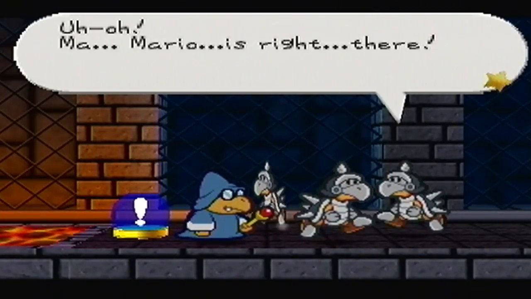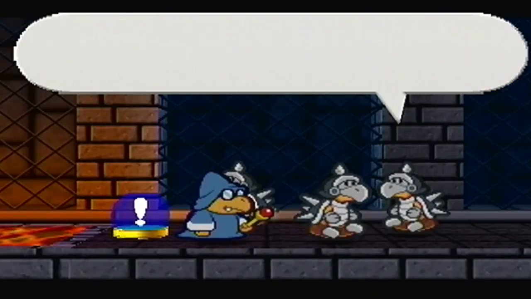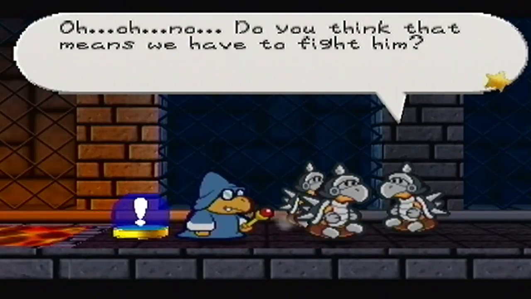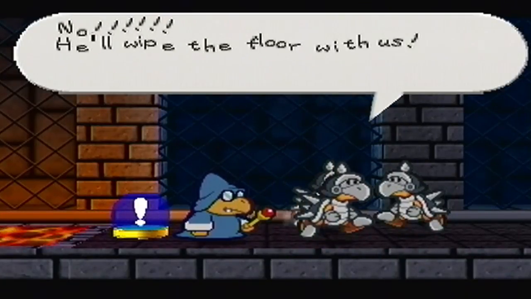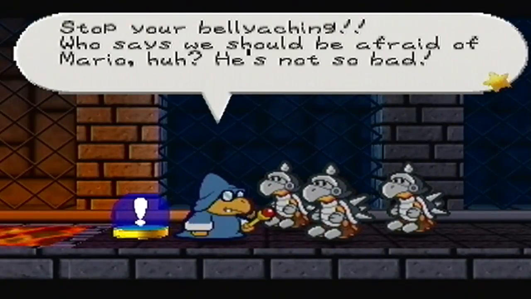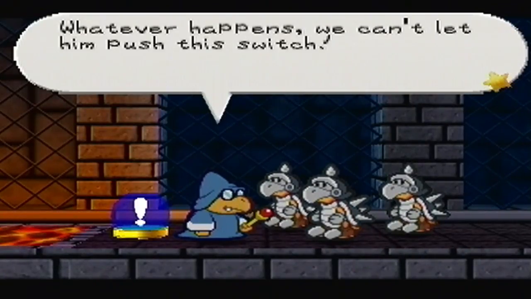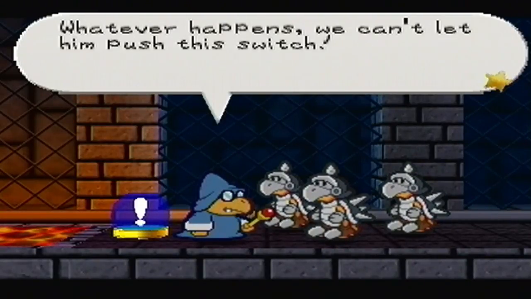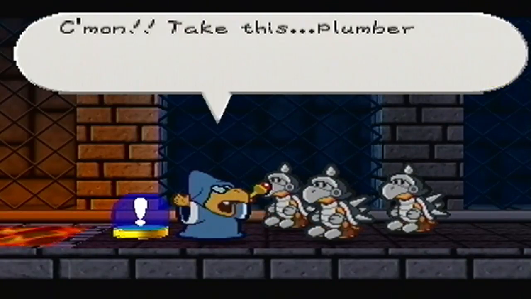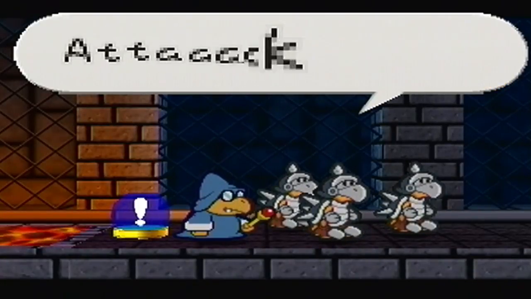Uh-oh, Mario is right there. Now what are we supposed to do in this situation? Kammy Koopa told us something, but I'm drawing a total blank. I think she told us not to let him touch that switch. Oh, no. Do you think that means we have to fight him? No, he'll wipe the floor with us. Stop your belly aching. Who says we should be afraid of Mario, huh? He's not so bad. He only made it through 7 chapters, and plenty of enemies are probably tougher than us, but whatever happens, we can't let him push the switch. Don't you care that King Bowser needs our help? Come on, take this, plumber. Show him what you're made of. Wah! We have no choice. Gotta be brave, gotta be...